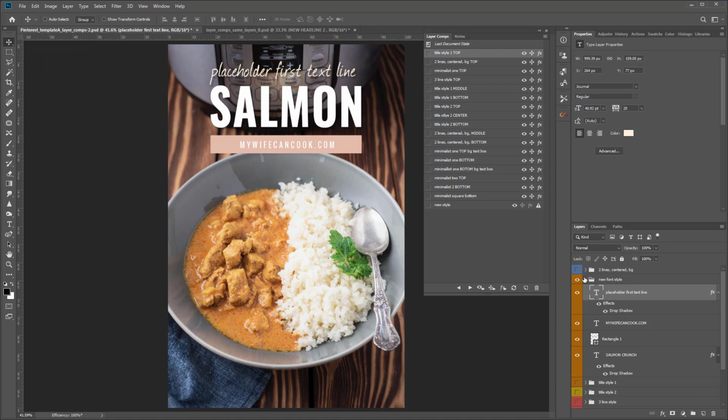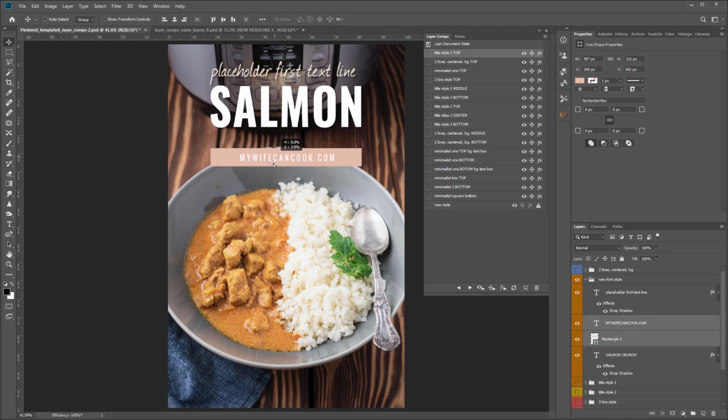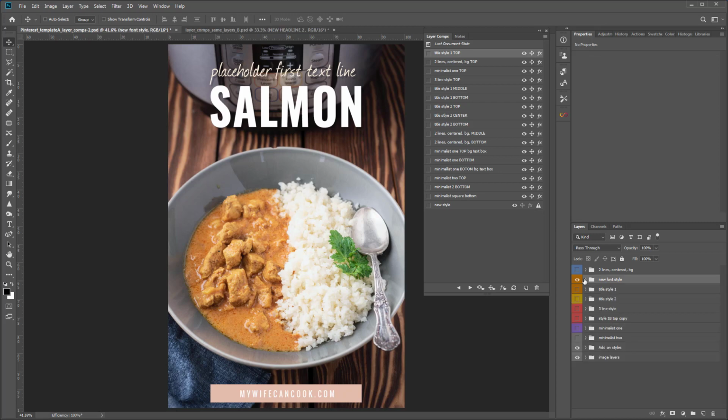and then I may take this bottom element here, this rectangle, which is with this My Wife Can Cook label, and maybe I'll drag that, and maybe I decide for this design I actually want that to show up at the bottom of the page. So I have a new style now, and I'll go ahead and twirl this closed, and again name this whatever you want. And then once I have that new style, I'm going to come over here and choose